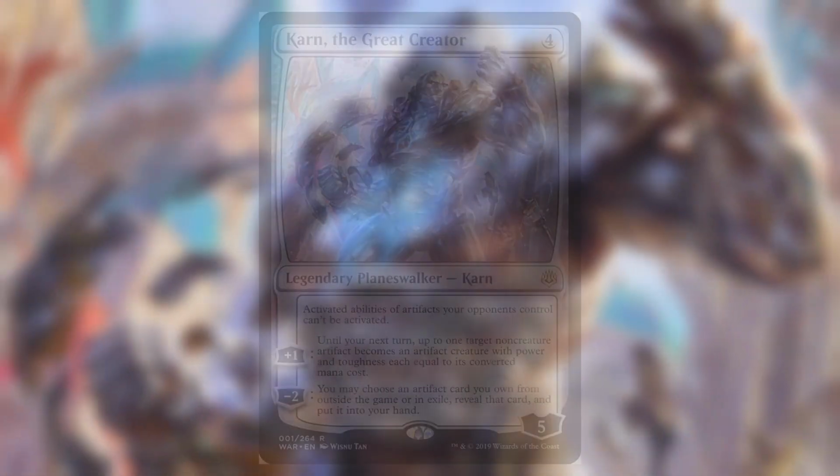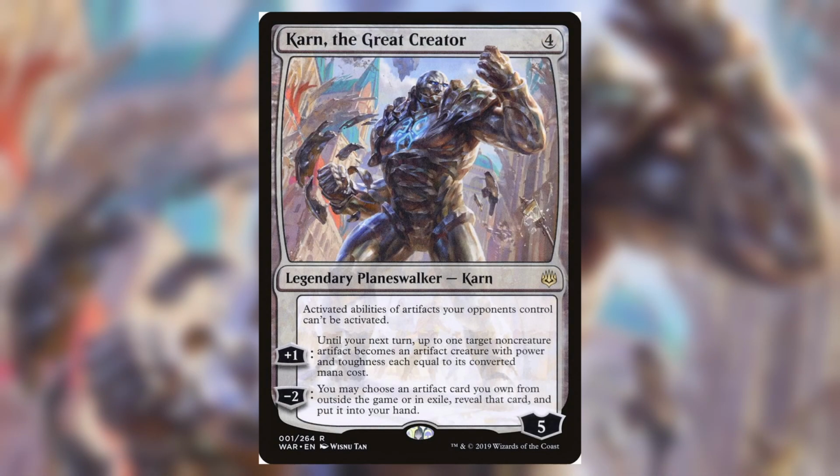Now, the last thing that we're going to talk about, although not necessarily a combo, is a high synergy play that you can make, and it is going to be one of the primary ways where you can just absolutely obliterate your opponents. This involves our first Planeswalker that we're going to talk about. This is Karn, the Great Creator. For 4 mana, you got a legendary planeswalker. It's Karn. He comes in with 5 starting loyalty and has an ability on him stating that activated abilities of